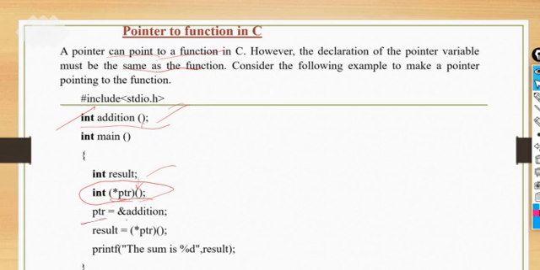What is the pointer? PTR consists of the address of addition. And what is addition? Addition is our function here. Whatever we get through this address, indirectly we are performing the addition function, and whatever result you get will be stored. PTR consists of the address of this particular thing, and the pointer will show you the value after executing this function. So the sum is stored in the result here.